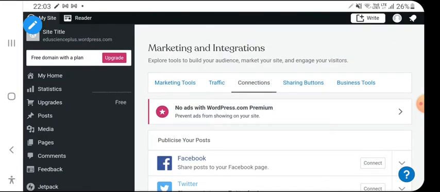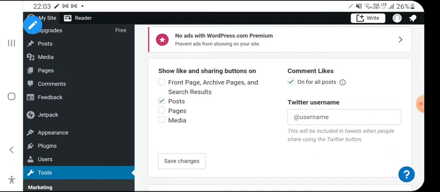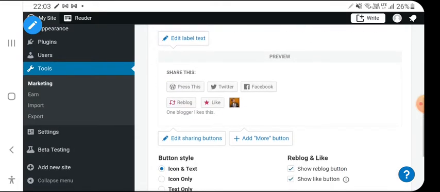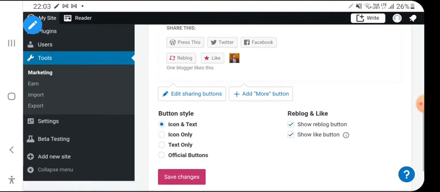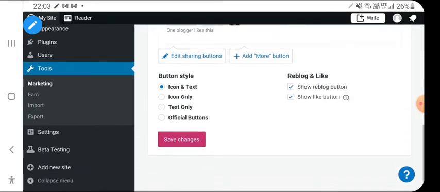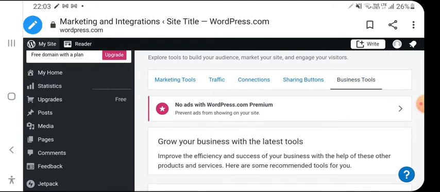Sharing buttons are there too, where we can show like and sharing buttons. This option is there in WordPress, and it is also nice. We can share directly on Twitter, Facebook or WordPress.